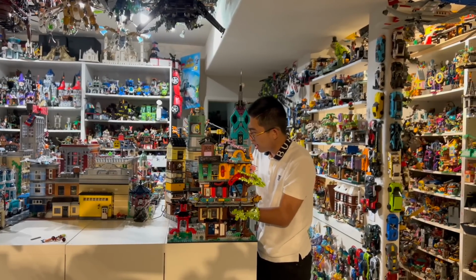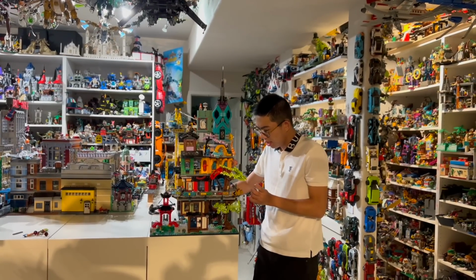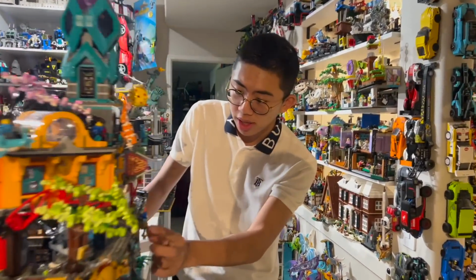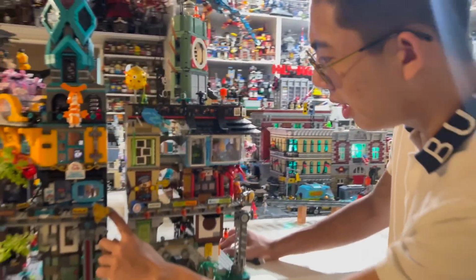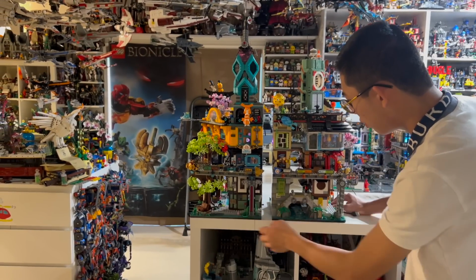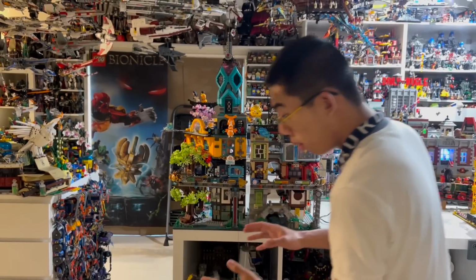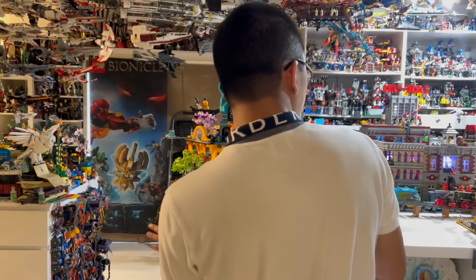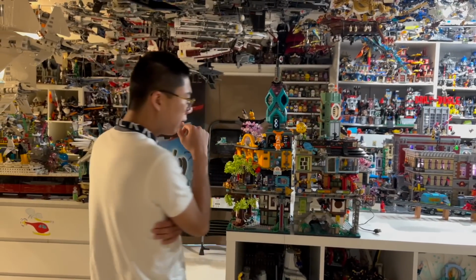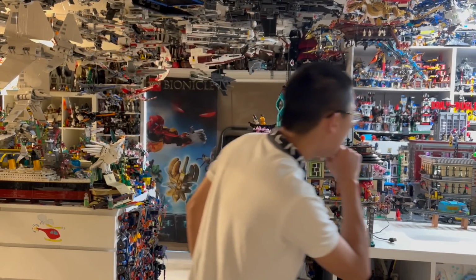Okay, so we've got a couple options of what we could do. I could attach these like this, because then we'll have a continuous road, which I think will be pretty nice. Like, you can see that the balcony here will just attach, and then I can just have the wires snake this way or snake the other way, but we could have these attached like this, or we could put the docks in between. I'm trying to think of the heights of things, because if we have two tall items here, then maybe that blocks some of the view of the city. So what we might want to do,